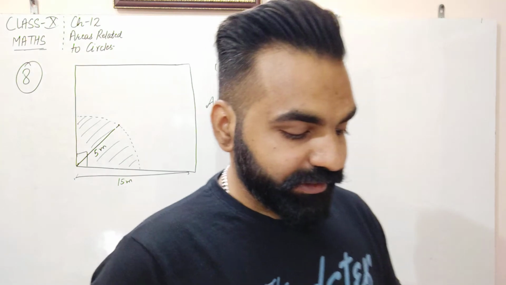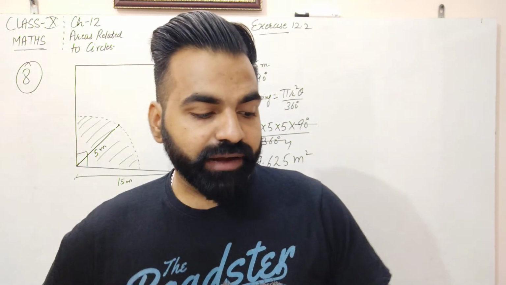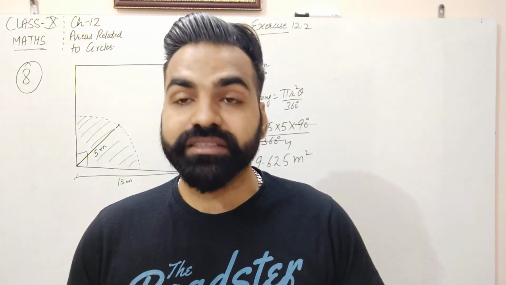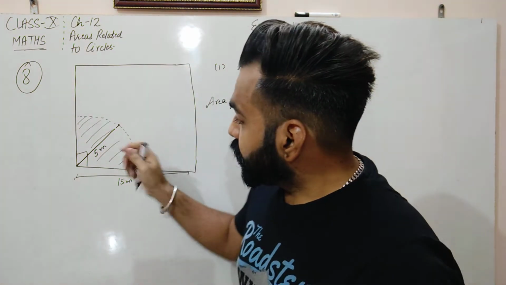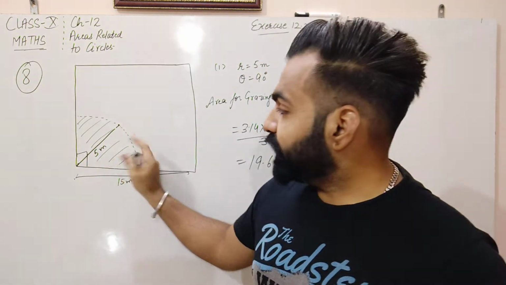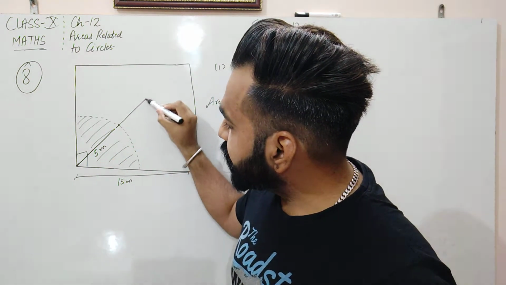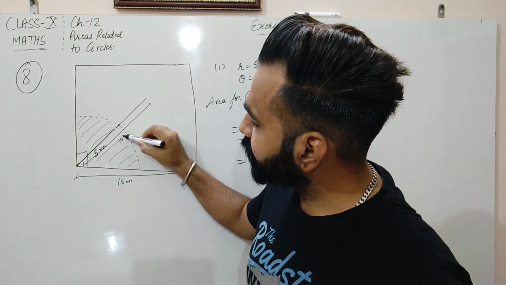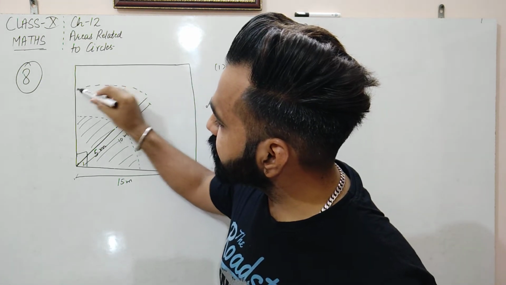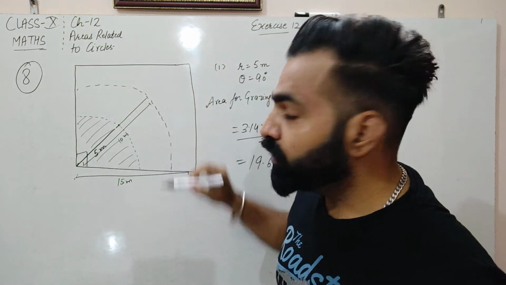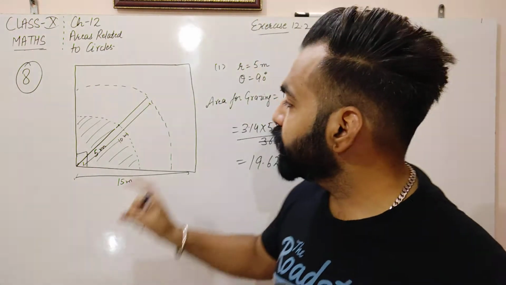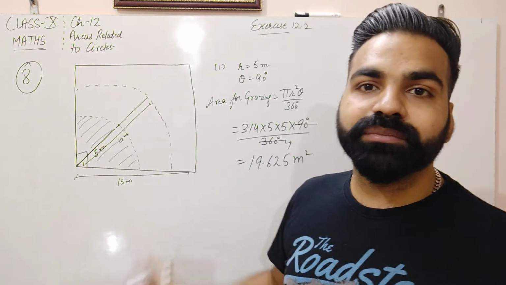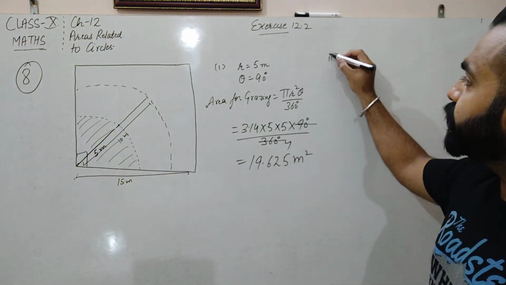So this is the area in which the horse can graze if the length of the rope is 5 meter. In the second part, it is asked that we have to tell the increase in the grazing area if the rope were 10 meter long instead of 5 meter. If the length of the rope is increased up to 10 meter, so now the horse can graze up to this area. So we have to tell the increase in the area. We will find the new area with radius 10 meter and we will subtract both the areas.